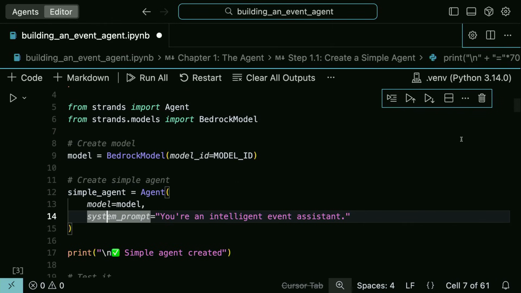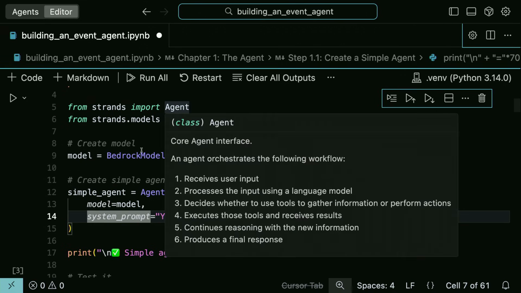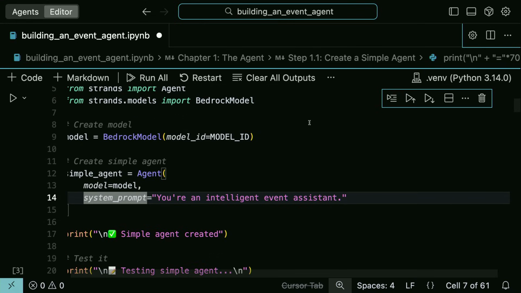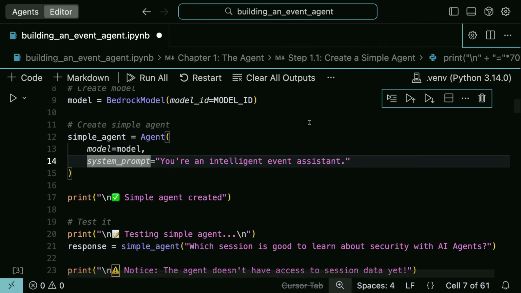So what do I need to do to create my agent with Strands? I'll just import my agent class, and I'll import my model class. I'm going to be using a model which is available on Amazon Bedrock. That's the Haiku 4.5, right? And to create an agent